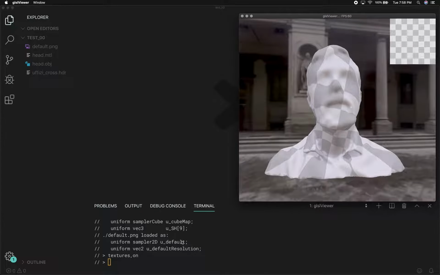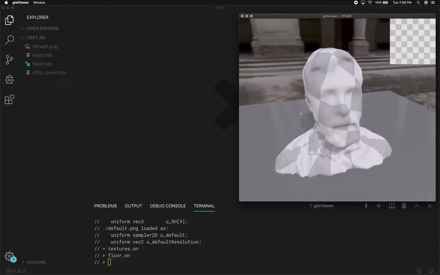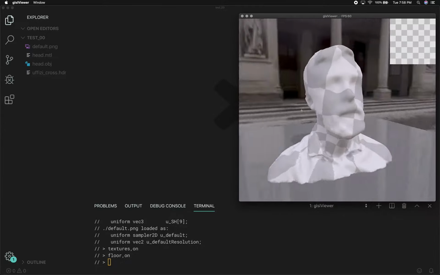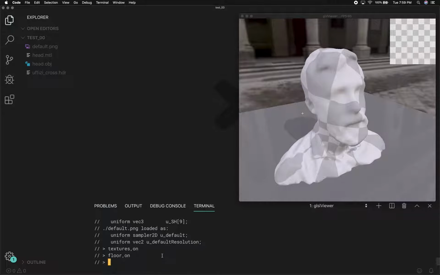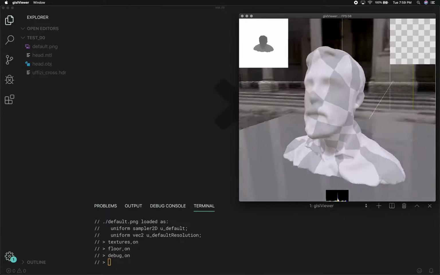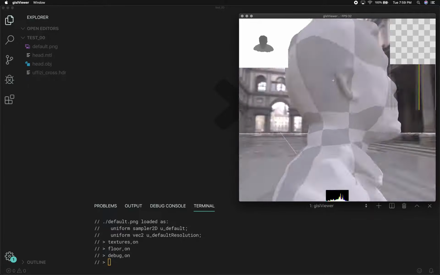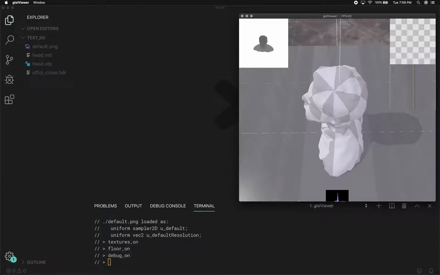Then you can see that it's using the cube map to set up the global illumination, and also, this is probably hard to tell without a floor, let's turn the floor on. It has put a light there. Let's turn the light depth, the shadow map on. It will show us where the light is,